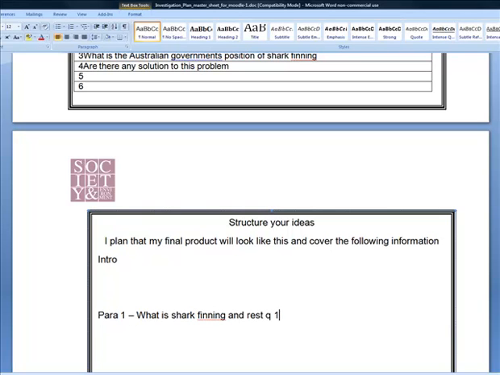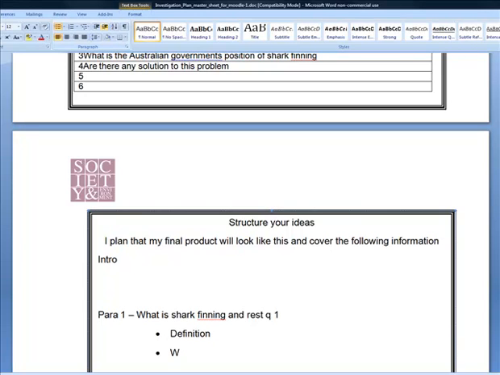Okay, now remember, this is just a plan. You do not need to use full sentence answers. It has to be something for you to recognize what you're going to write about. And so that's the question. Now from here, I'm going to probably find it much easier if I go ahead and use a bullet point. And so I just bring that in a bit so that it's underlined. So really in this section, I'm looking for a definition.